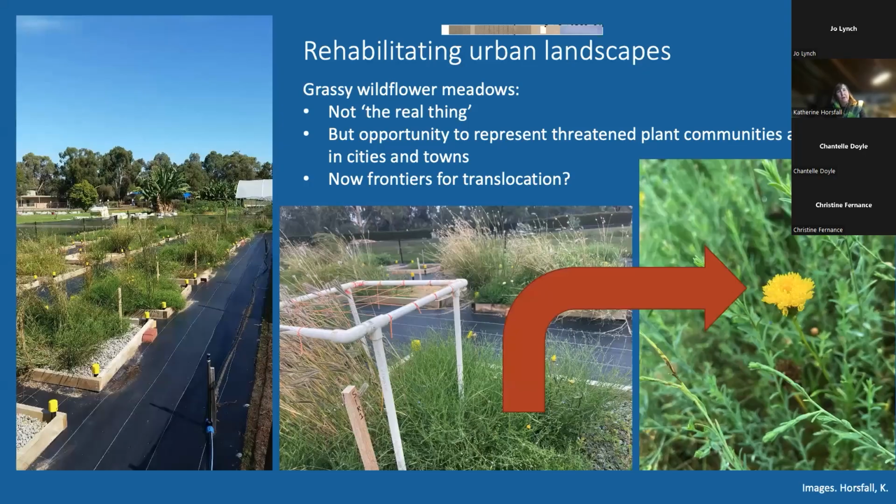And we move on from this work to my current baby, which is playing with the subsoils that I mentioned earlier. So in both these experiments, we have had establishment of some threatened plants, but certainly we're trying to evoke threatened plant communities. It's definitely not the real thing, and it's not translocating plants from other environments per se, but it's working with seed to create new frontiers potentially for translocation. So if we can set these plant communities up to be robust, the question could be asked is, are they suitable sites for translocating into in the future?